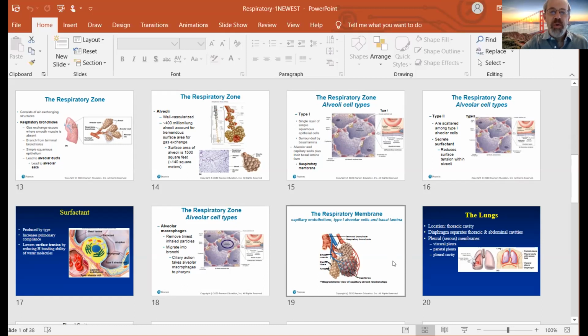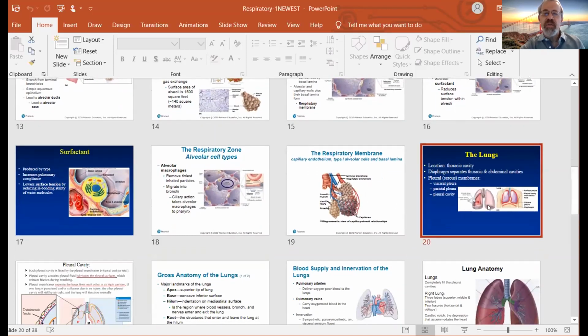We have what's called the respiratory membrane, which is essentially the point of the junction between the alveoli and the capillaries, what the oxygen needs to travel across to get to the blood from the alveoli. Remember there's three layers: the capillary endothelium, which is the tunica intima, the type 1 alveolar cells, which is what we just mentioned, and in between we have a glue type of material called the basal lamina, which holds it all together. All right, so